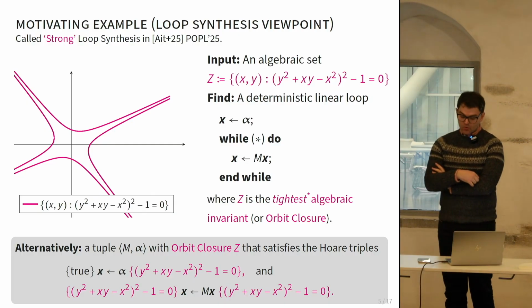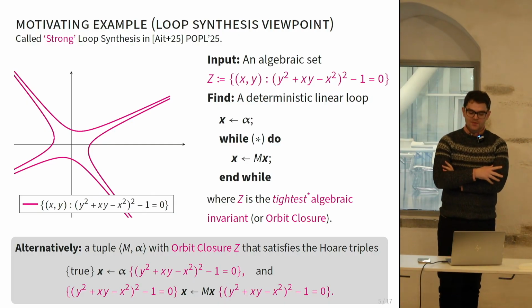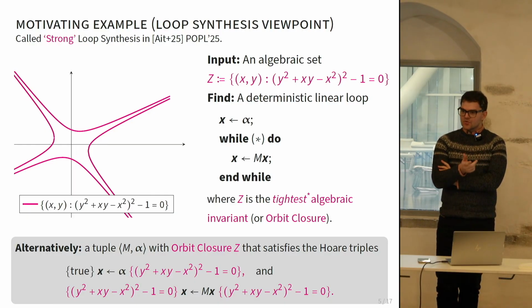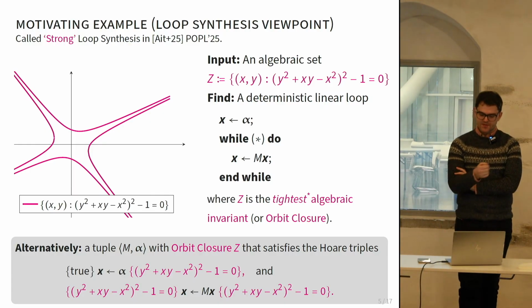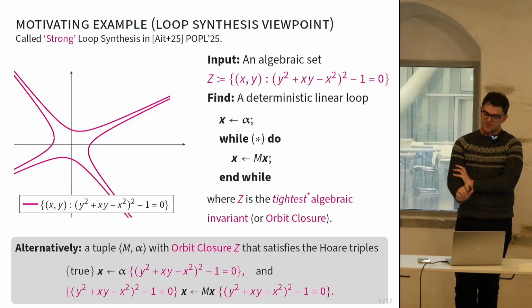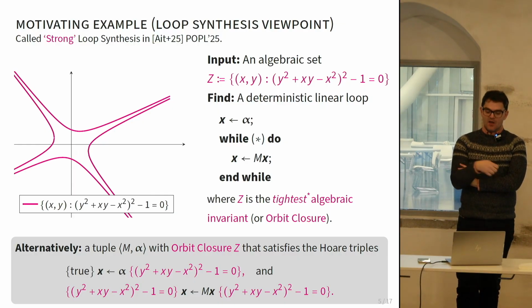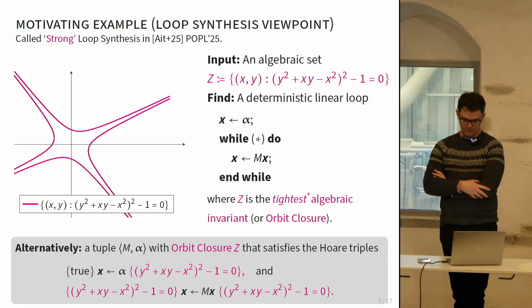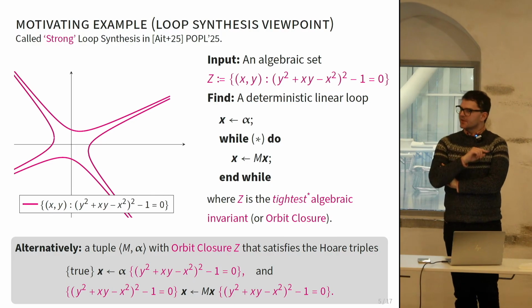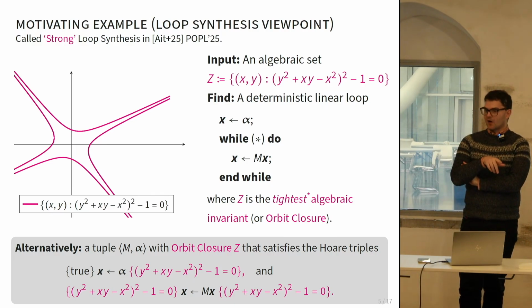If you're more into your Hoare logic or Hoare triples, then of course I could ask you for a satisfying pair, i.e. some matrix and some vector, such that the 2 Hoare triples at the bottom of the screen are satisfied, and my maximal condition just says, I want the best possible polynomial approximation, what we're going to call this orbit closure. I should say that if I did give you this example and you wanted to compute the best alpha and M, which we did on the previous slide,